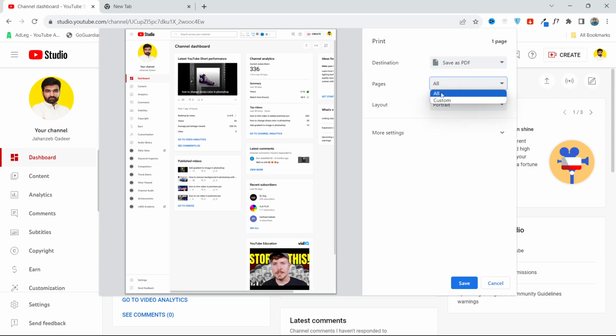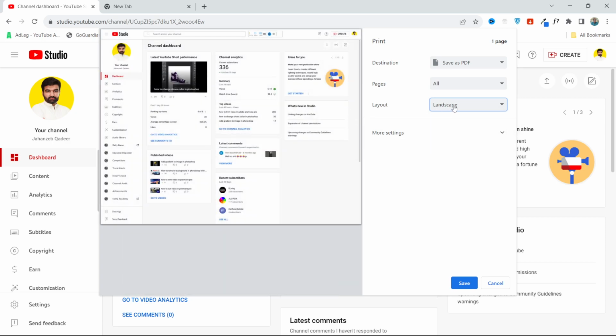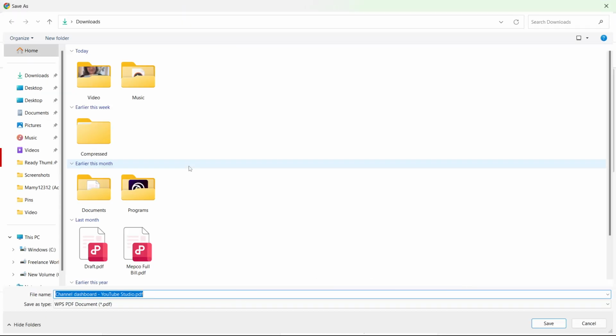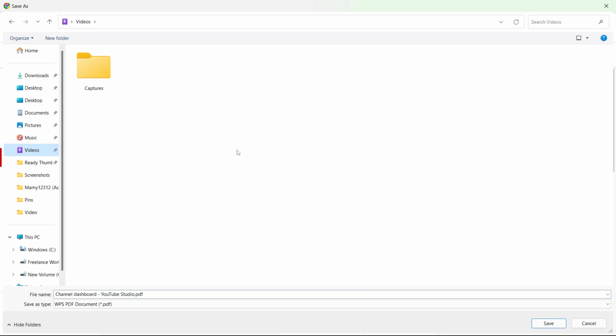Click on that. So I want all pages, and for layout, there's portrait and landscape. So it is up to you. I want portrait, for example. Okay. Then you simply need to click on save and choose the destination. So I'm going to choose videos. Okay, click on save,